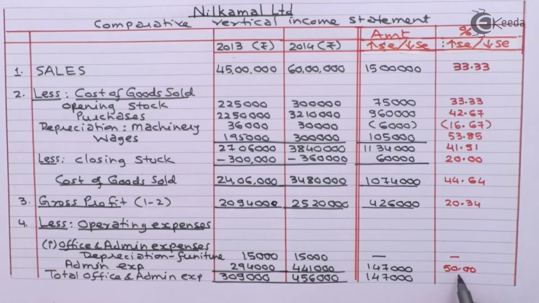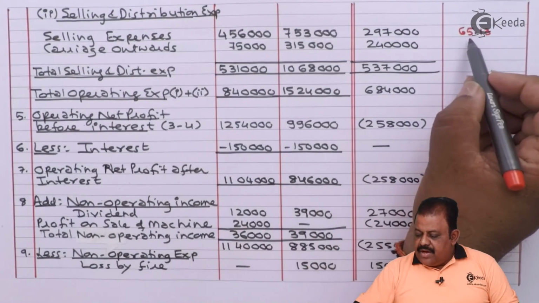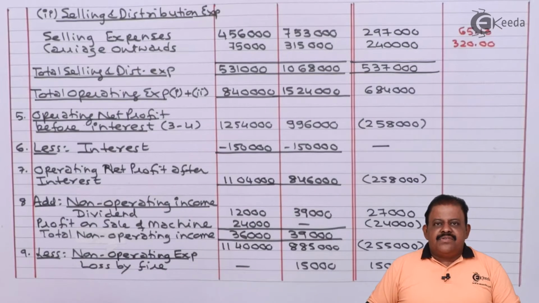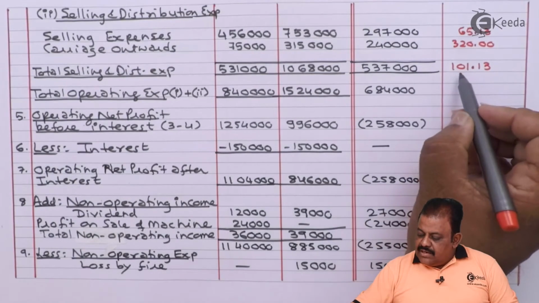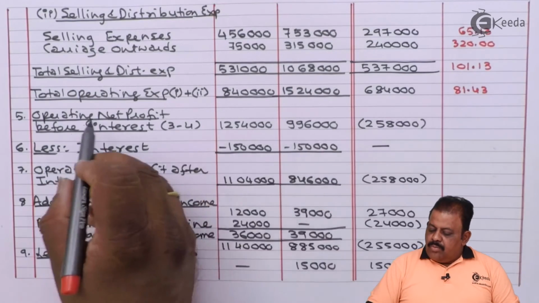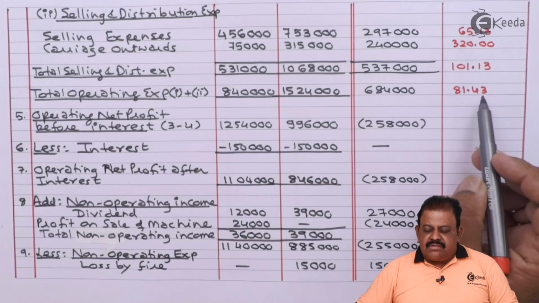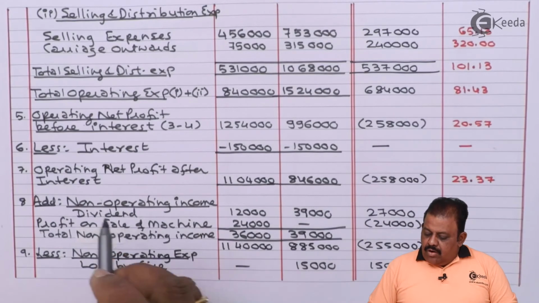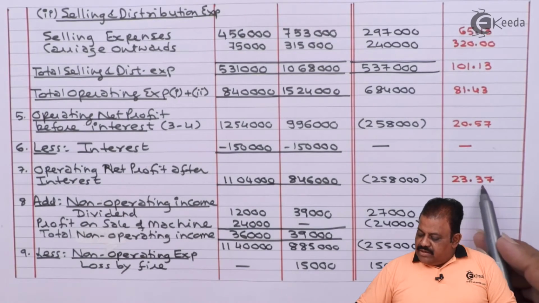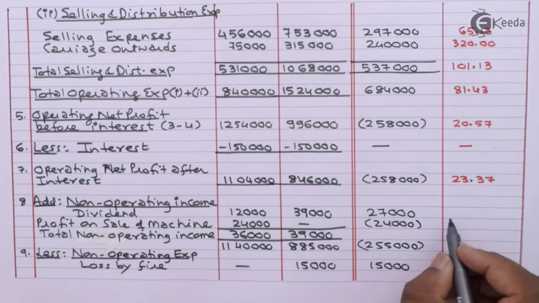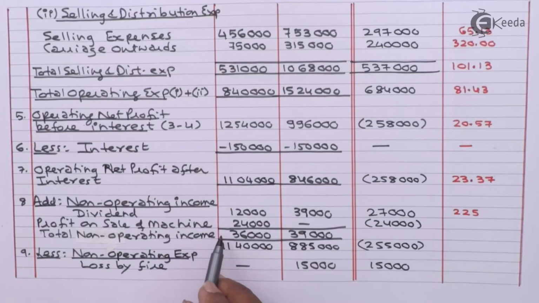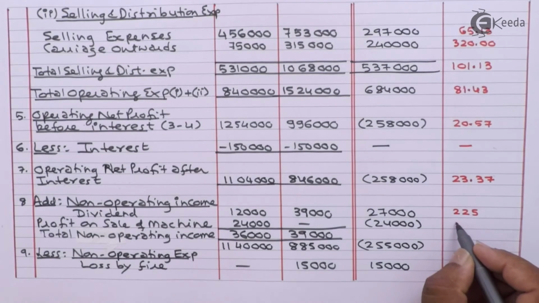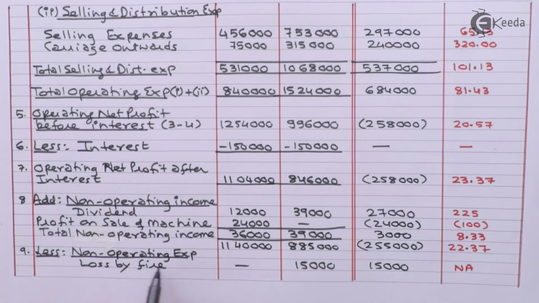Admin expenses 50%, total office and administration expenses 47.57%, selling expenses 65.13%, 320%, total selling expenses 101.13%, total operating expenses 81.43%, operating net profit before interest 20.57%, operating net profit after interest 23.37%, dividend on shares 225%, profit on sale of machine there is decrease 100%, non-operating expenses loss by fire